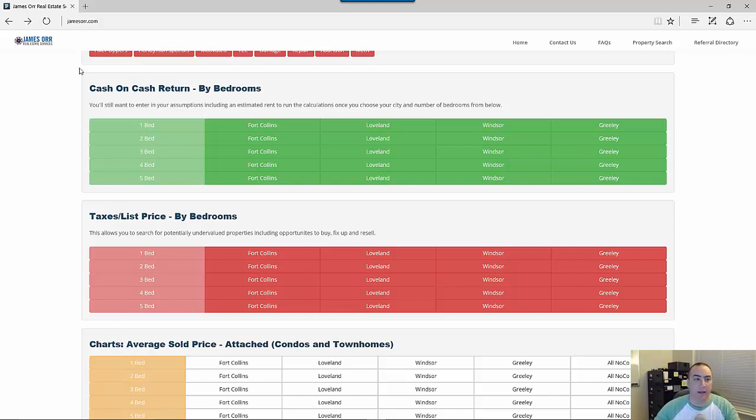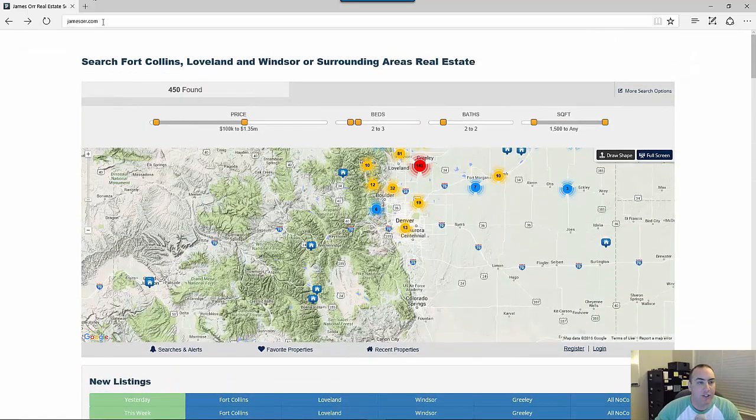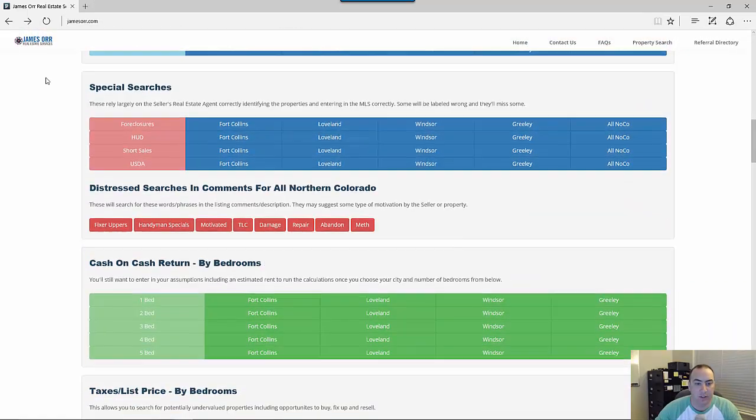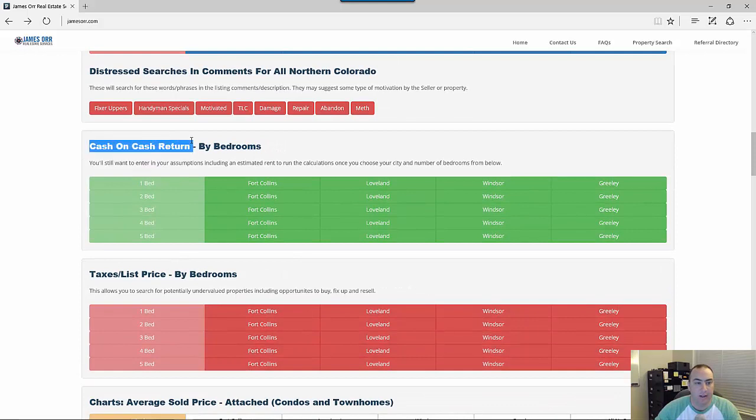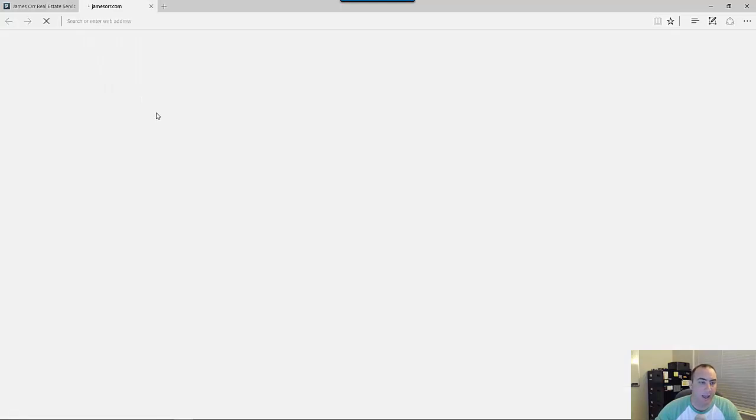All right, so I'm back and I'm going to give you a demo of the cash on cash return by bedroom. So I'm on jamesor.com on the homepage, and if you scroll down, there's this section that says cash on cash returns by bedroom. I'm going to pull up Fort Collins, 3 bedrooms. That sounds good. And I can click on the link, or I can just control click, and it'll open up